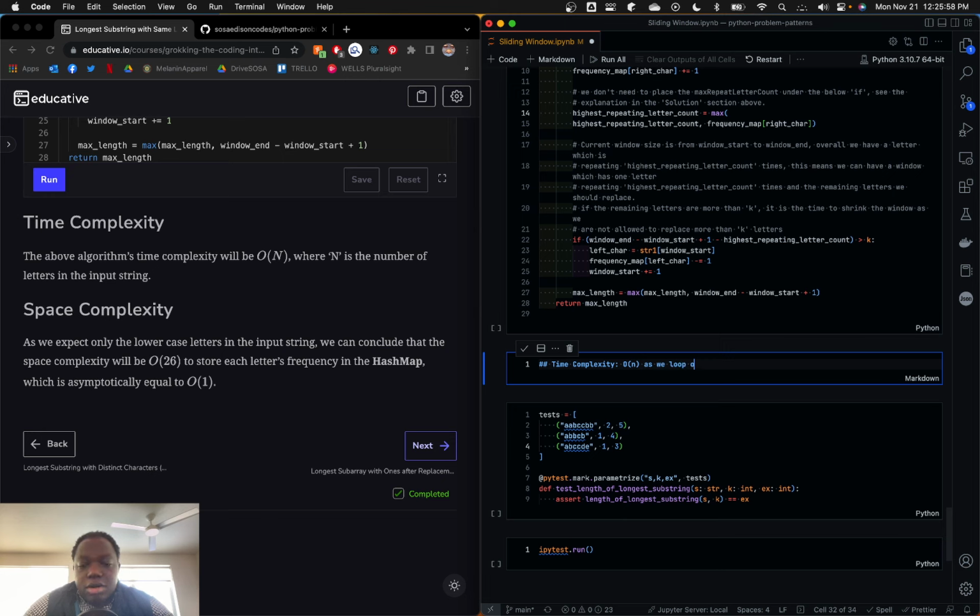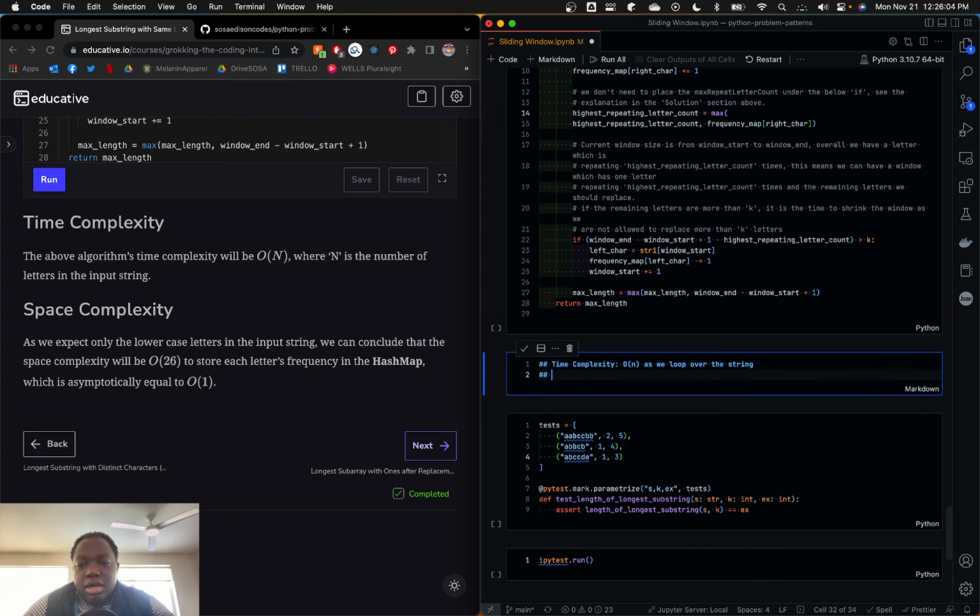Time complexity is a loop over the string. And then space complexity is what? 1, as we can only